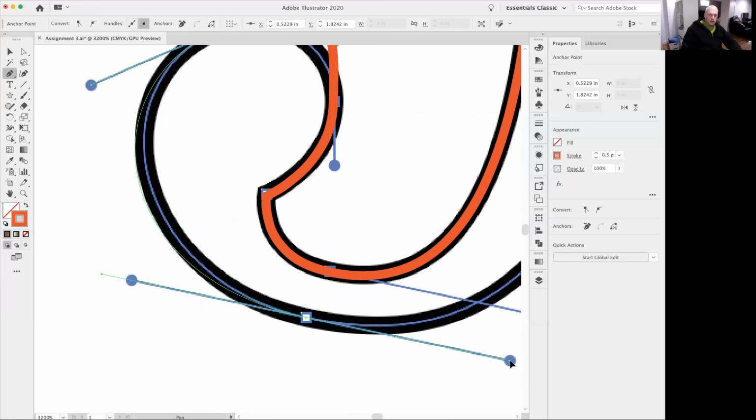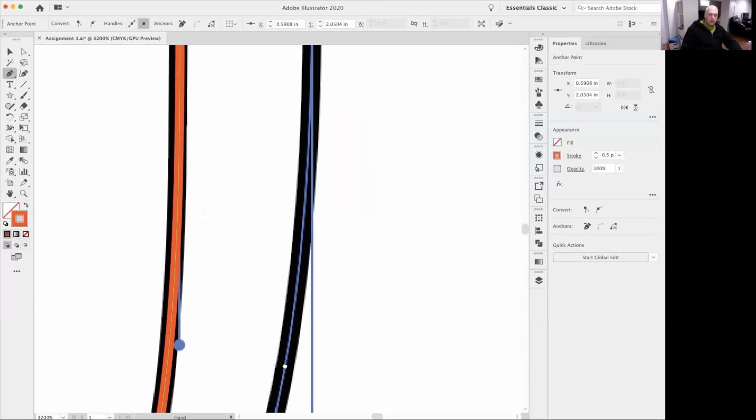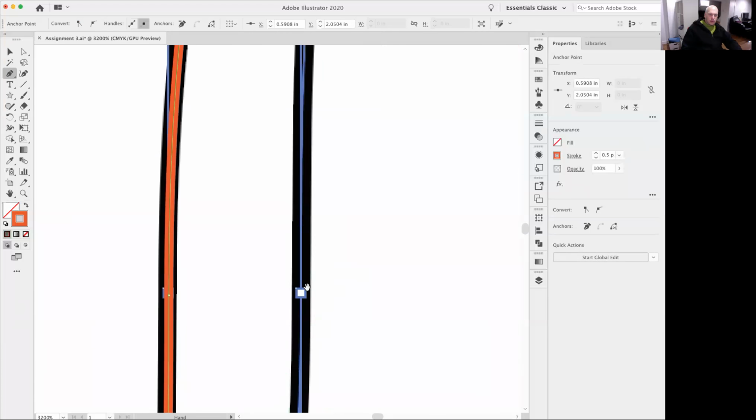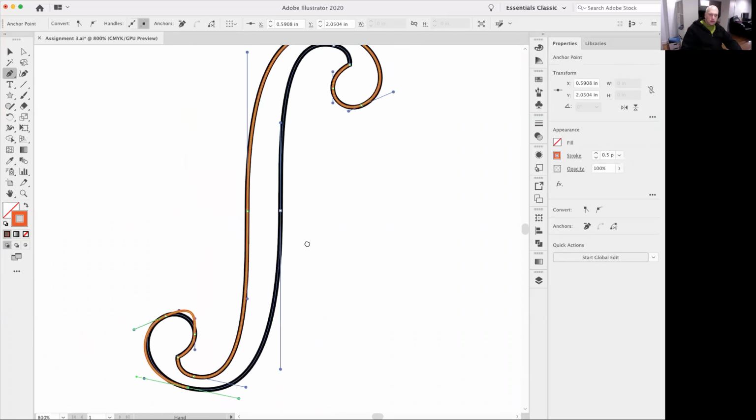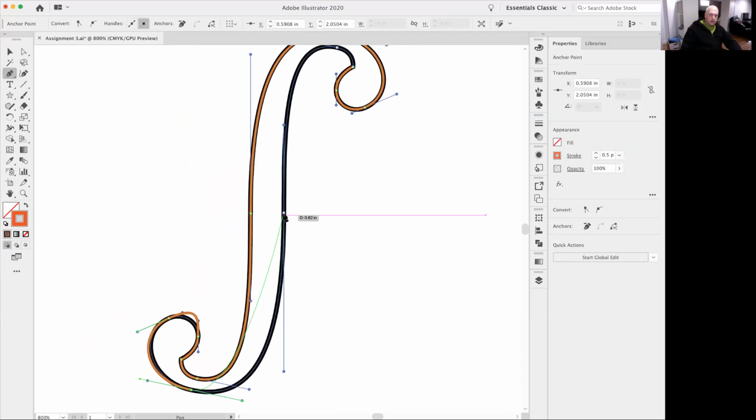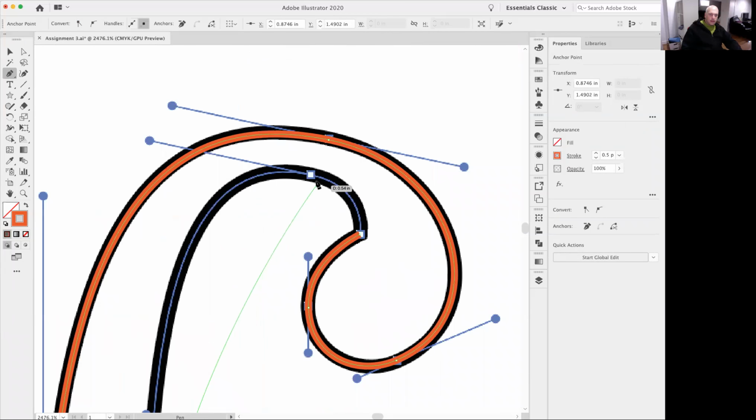And then again, say the same thing. It gets a little repetitive, so I'm just going to, again, press the space bar for the hand. I'm going to zoom out and then match that handle right up here, approximately, because I've zoomed out so much I can't see. Bring it up here, and here again, I'm just going to match the left handle, and then here bring it to the starting point, and you see the little O, that means I'm closing the path, and